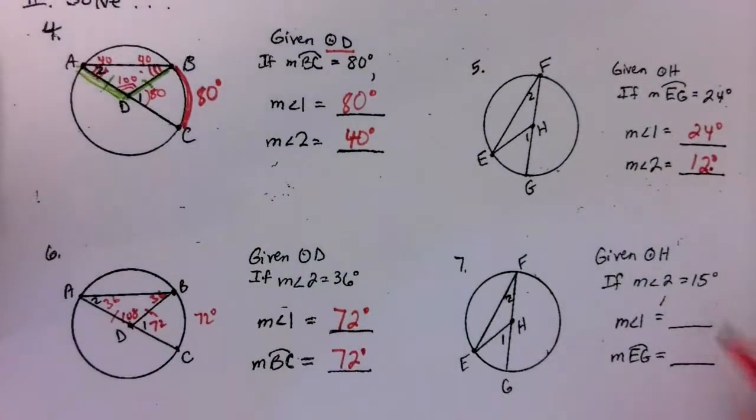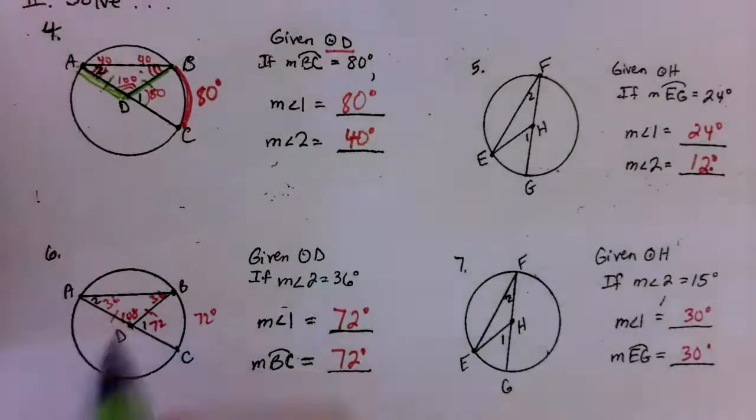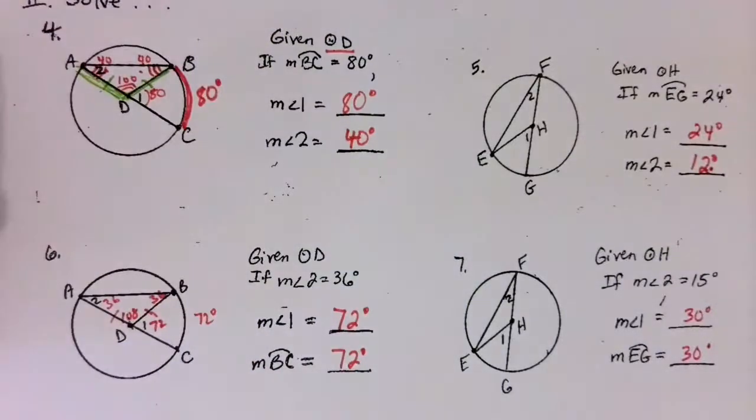And angle 2 here is 15, so angle 1 ended up being 30 degrees, and arc EG also was 30 degrees. And now, because you are very observant people, we naturally want to make patterns and make sense of the world. You are all seeing this fabulous relationship, and the relationship you're seeing is that this angle, which we haven't yet named, but this angle that we have here,